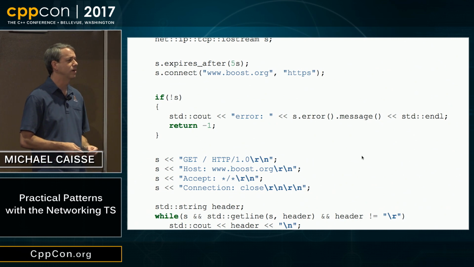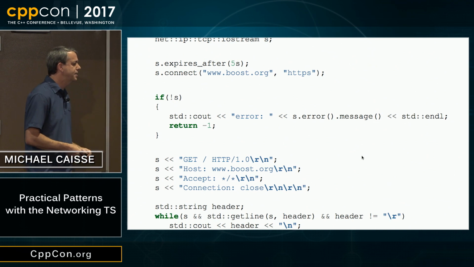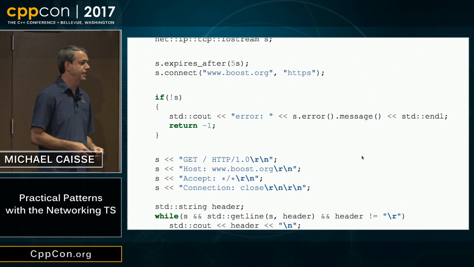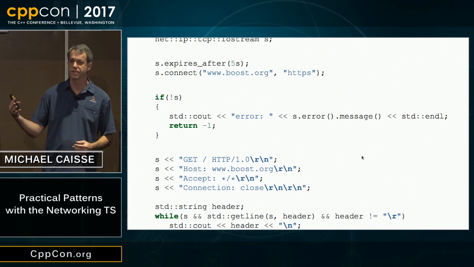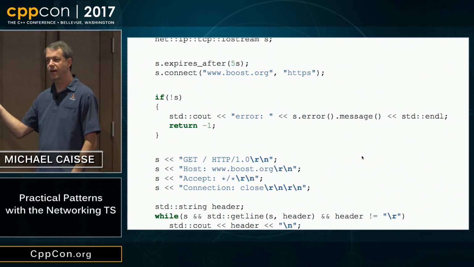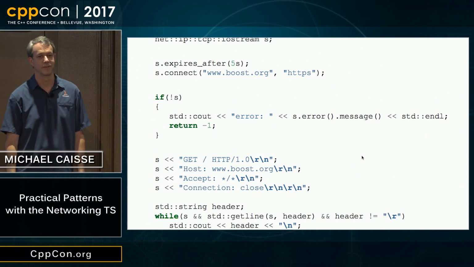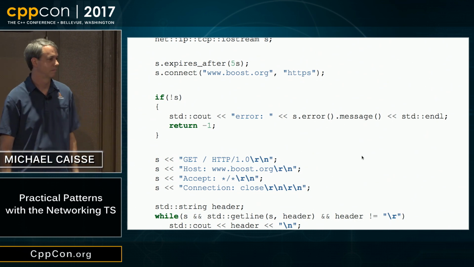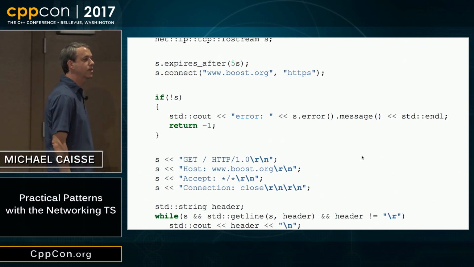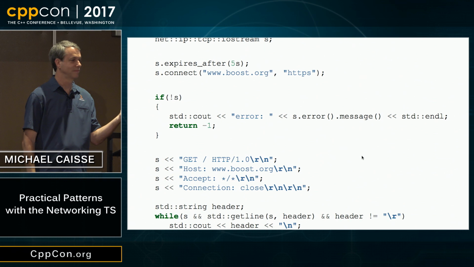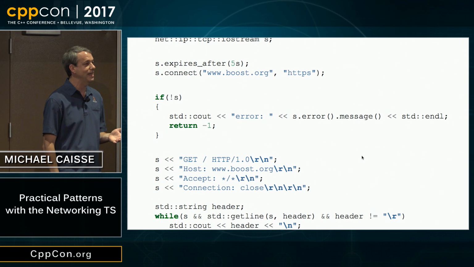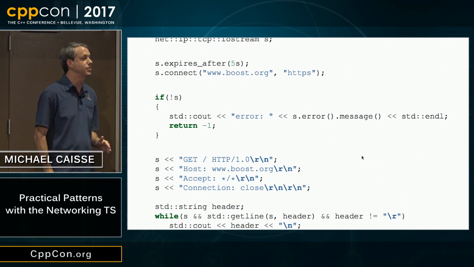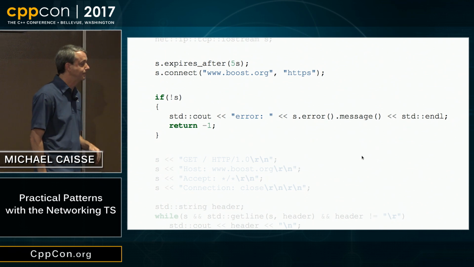Now, as far as error handling, we have to do errors the same way that we normally do with stream handling. So we're going to check whether or not the stream returns a Boolean false. And if it is false, then there's an error when we test it. And we can go ahead and get the error out. S.error, any idea what that might return? What would you want it to return? An error code? What kind of an error code? A what? Yeah, we've got them built in, right? We would like to actually have the errors that are built into the standard now. And so that's what we're going to get.